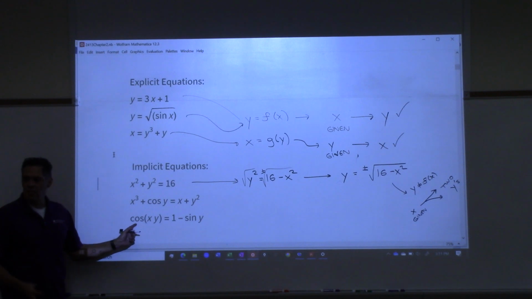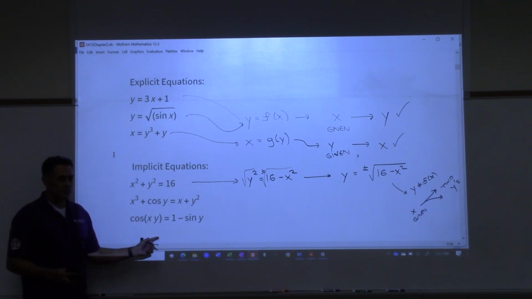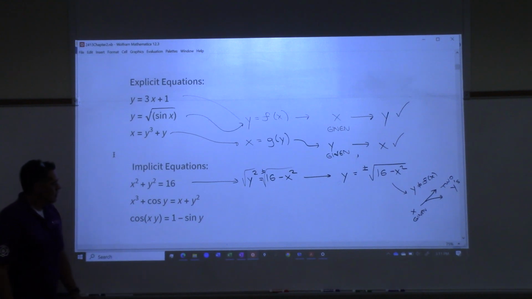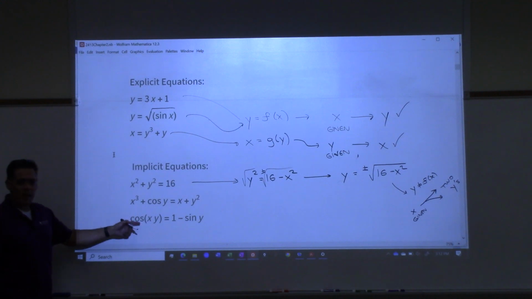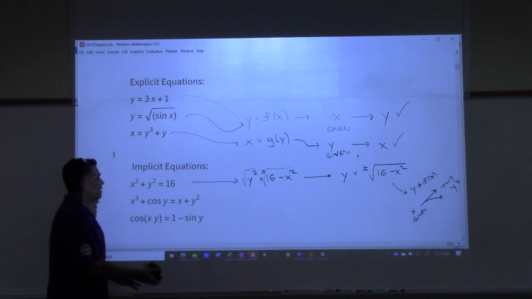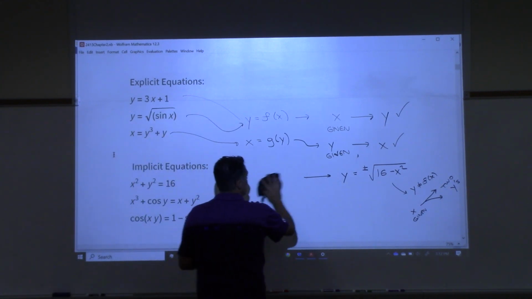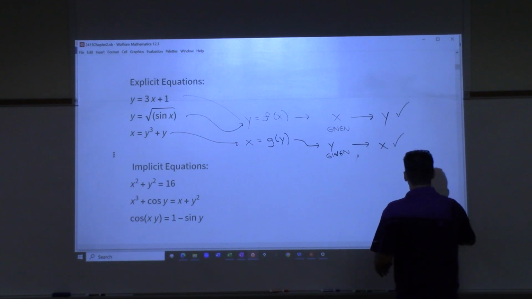And this one is actually impossible. It is impossible to solve this for x or y. Can't do it. I mean, you can try. There's no algebra you've ever learned that I could ever teach you to solve for x or y in these. So there are many types of equations out there that are not explicit,